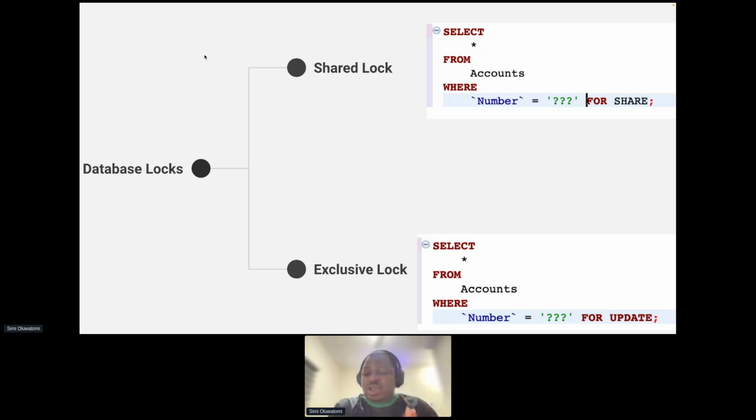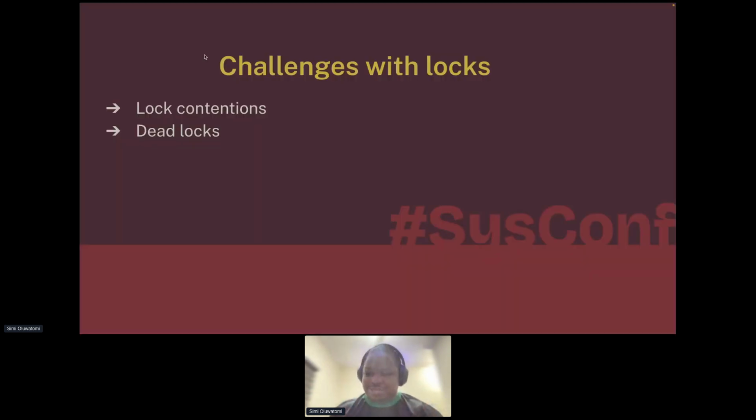Once it is done with the lock, it will release it to the next process, and that next process will release it to the next process, and so on and so forth. So what are the issues that happen? Number one, we have lock contentions. So your exclusive lock, for instance, this database is fighting for this lock. That transaction is fighting for that lock. The two of them are fighting for the same biscuits. If you look at children, all of them are fighting for the same biscuit. You are not supposed to do that. No, there are ways to do it.